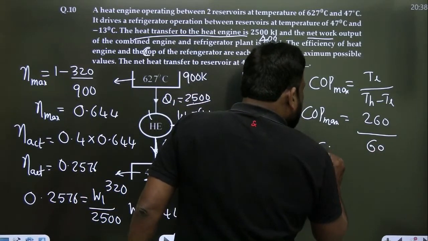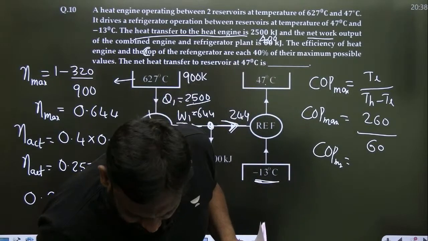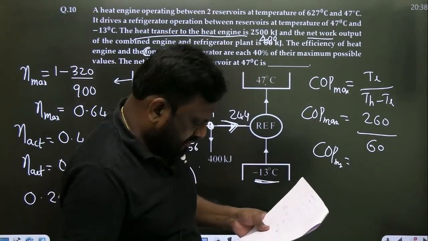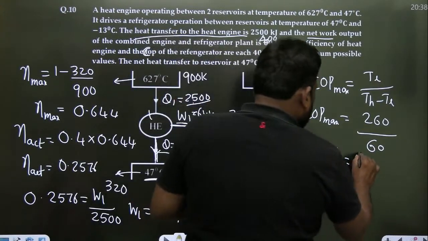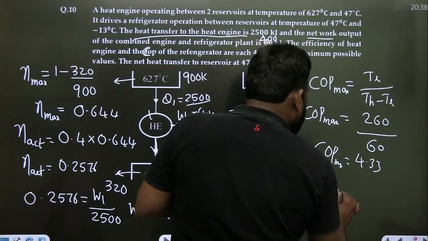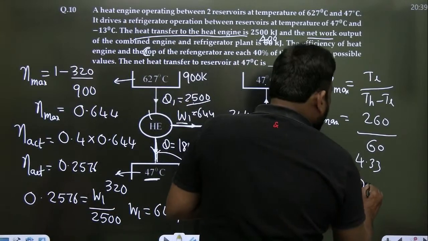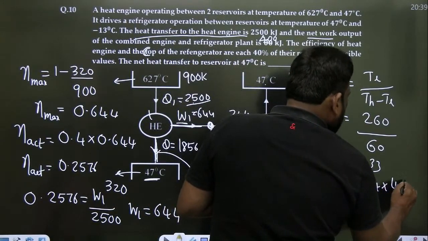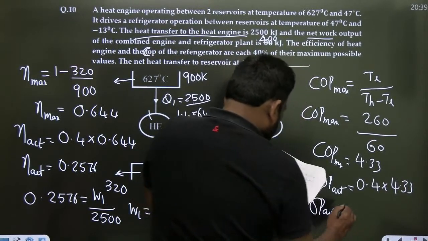So what is the maximum COP, my dear students? Tell me, friends. What is the maximum COP? You are not saying anything. 4.33. But what is the actual COP? Clearly he said the actual COP is 40% of maximum. It is 0.4 times the maximum, which is 4.33. So the actual COP is equal to